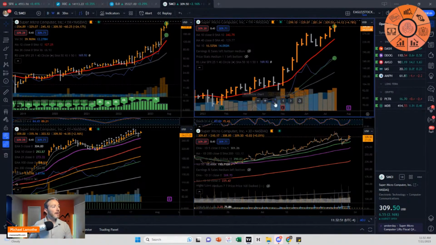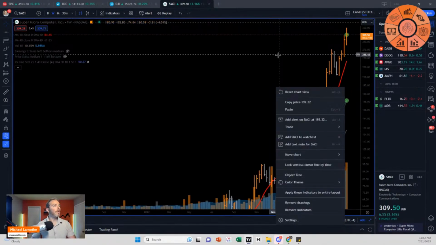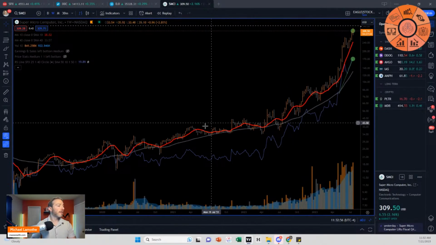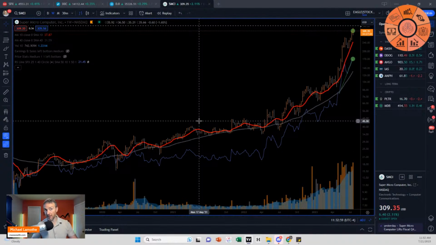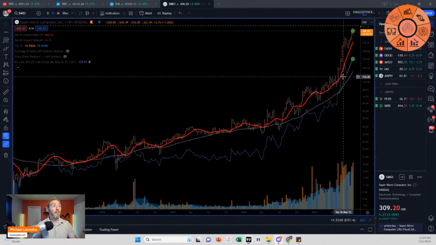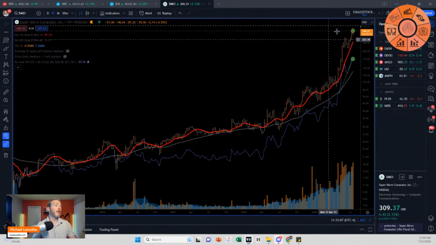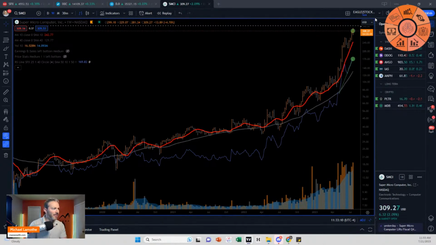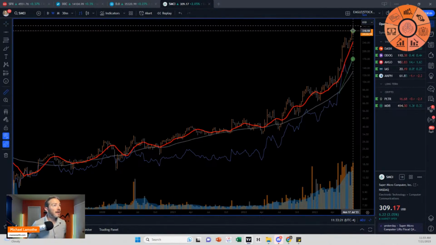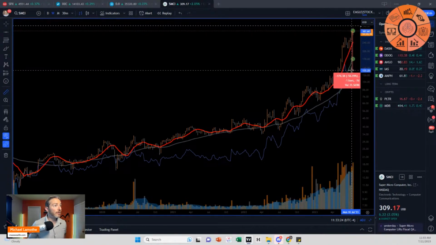But when you're thinking about parabolic moves, it's also important to consider the other time frames. Is it looking parabolic on, say, the weekly time frame? You might make the argument that it's starting to pick up steam right here. One of the things, and this is a pro tip for parabolic moves on a weekly time frame, you want to take a measurement of where price is versus its 40-week line, the 200-day moving average. Right now, it's closing in on 60% above